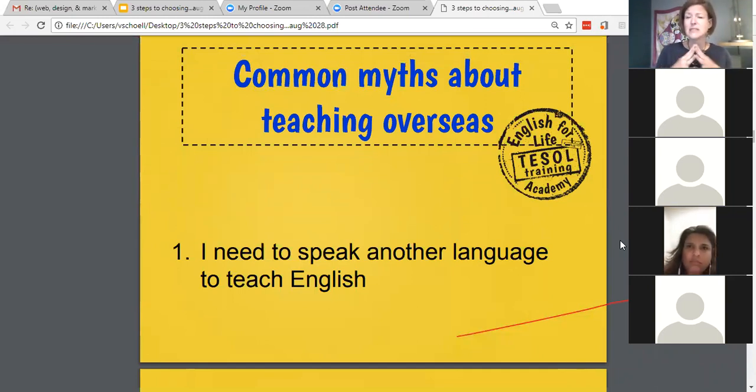I've never really seen a job posting saying that you had to speak the language in order to get the job. I've seen some that said it helps if you speak Spanish, but it's not necessary in 99.9% of the cases. So if English is your only language, that's okay, because you are being hired to be the native English speaker, to be the English teacher. Okay. Number two,